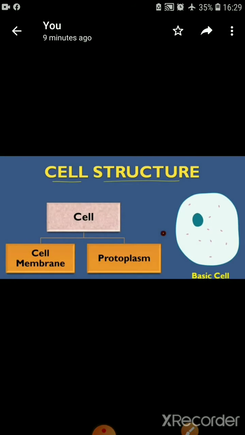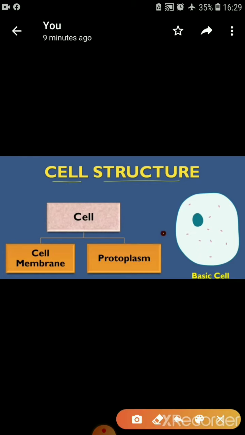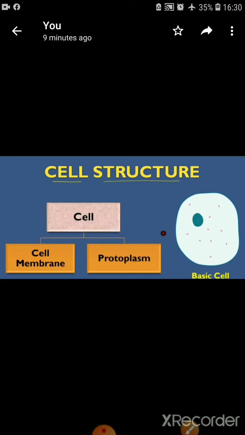Under that topic, regarding cell structure, we have talked about how the cell is divided into two parts. First one is called the cell membrane, the outer covering layer which separates the cell from its surroundings. And what is protoplasm? Except the cell membrane, whatever inside bodies are there, like this white and pink structure seen here in this figure, that is called protoplasm, isn't it? We can say this is the living material of the cell, okay?